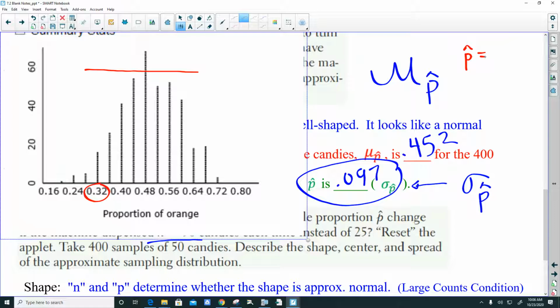These dots are really, really small. I think it's a little easier to tell in the book. You would need to total up all the dots above the 0.32, and then everything also that's less than that. Keep in mind, this was 400 samples here. I'm going to add these up quickly. I think the number of dots there is around 16 dots. So that means 16 out of 400 is the likelihood that we would get a sample proportion of 32% or something even smaller than that. That comes out to